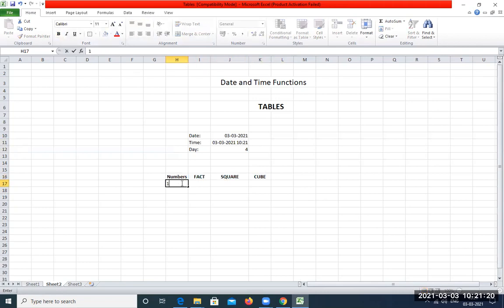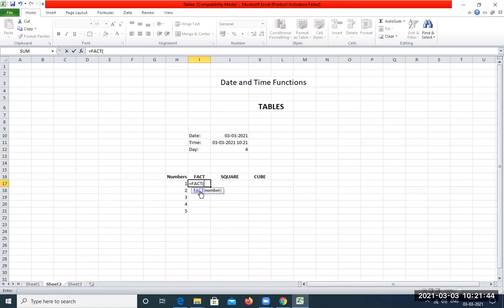Now here we need the numbers from 1 to 5, so you can type 1 and 2. Just select these two numbers and wait for the plus sign of the four-headed arrow and then drag it. So the first 5 numbers are generated. Now to calculate the factorial, we have the function called fact. So you double click on this.